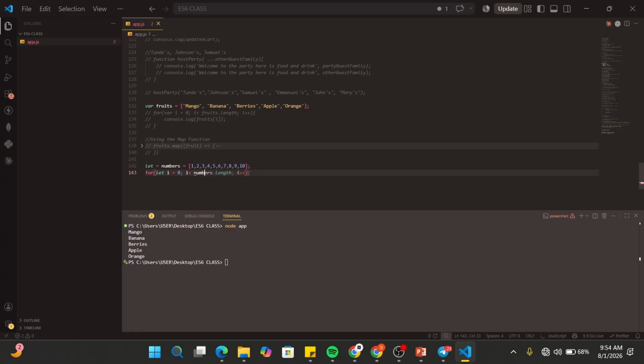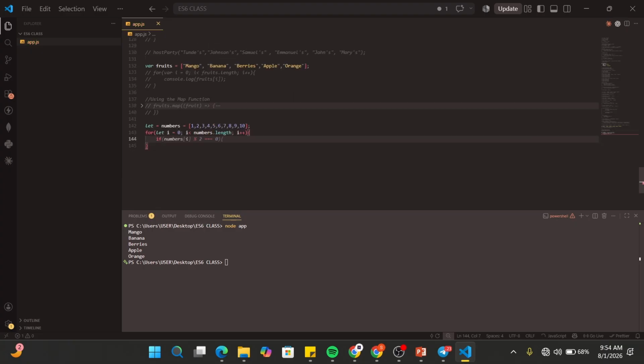And please, just in case all of this looks confusing, you need to brush up your foundation of JavaScript. Then we do i increasing, and instead of it, we do an if statement. We say if numbers, and then we put in the index of i, modulus 2 is equal to 0,